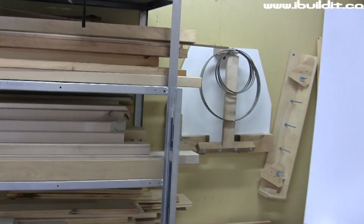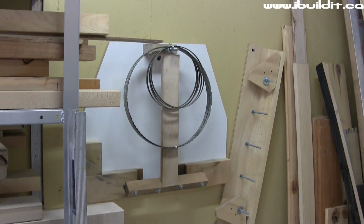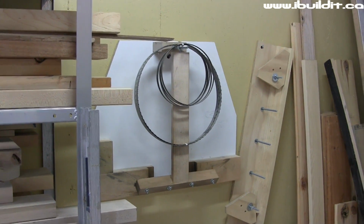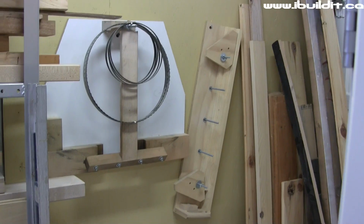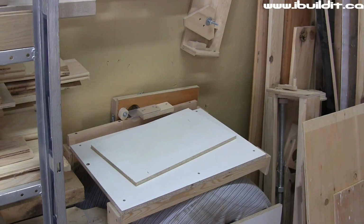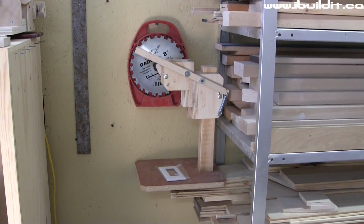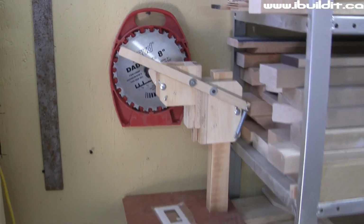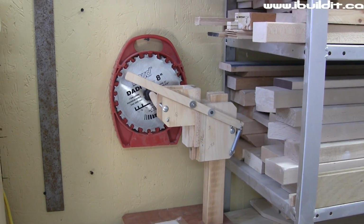handy for that. On the wall beside it, I've got a couple of jigs. One is my sharpening jig. There's an early video on that. That's for sharpening my thickness planer knives. And beside that is my taper jig for using on a table saw. Below that is the edge banding trimmer. On this side of the wood rack is the Dremel press, or the rotary tool drill press. It's not actually supposed to be in here, but I was doing some stuff with it, so I left it